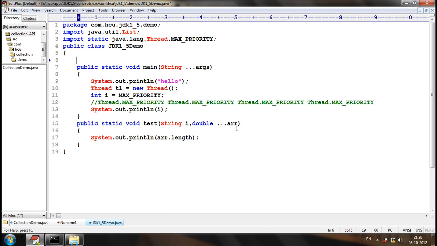Now let's consider that we have a conflicting variable. Then what's the value printed?